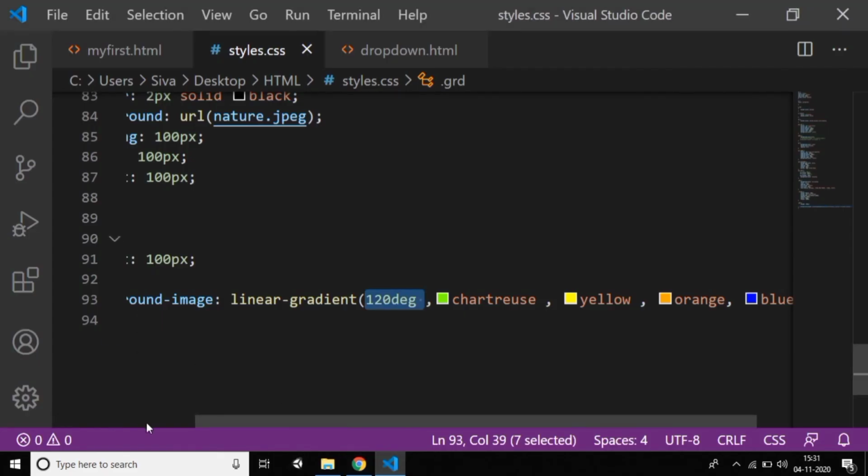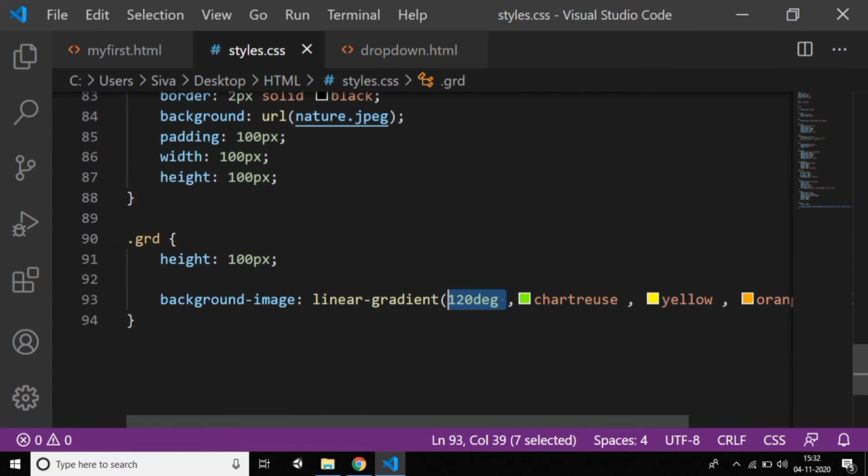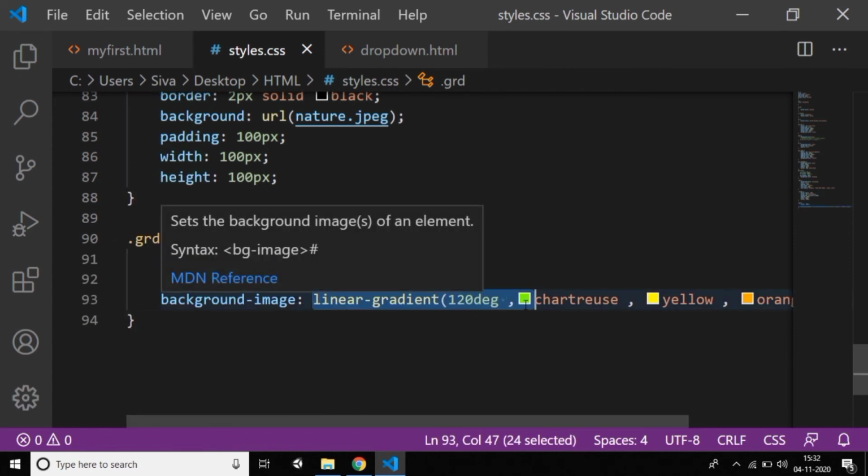You can use many things. If you want transparency also, you can give transparency; this is all about opacity. If your website wants multiple colors, a mixing of many colors, this gradient is very useful. By using the background image property, you can do the linear gradient. So I think it's a very clear explanation about gradients in CSS.